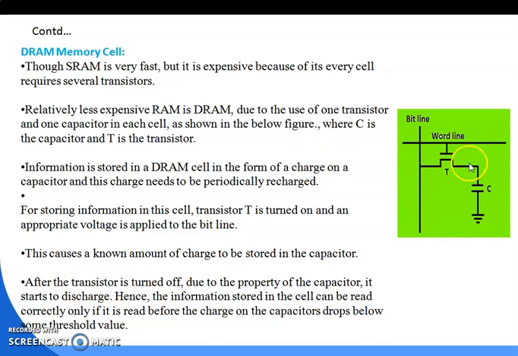So this transistor helps the flow of current into the capacitor. When the transistor is in the off position, the capacitor starts to discharge. When the transistor is in the on position, the capacitor is charged by the current. Clear? This is the simple phenomenon, because the capacitor is the only unit which helps in auto recharge and auto discharge of the current. So that is the dynamic RAM, which everybody knows has the auto recharge facility. That means the auto refresh is there.